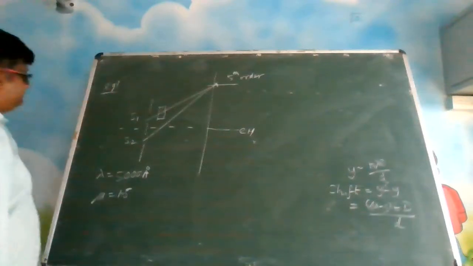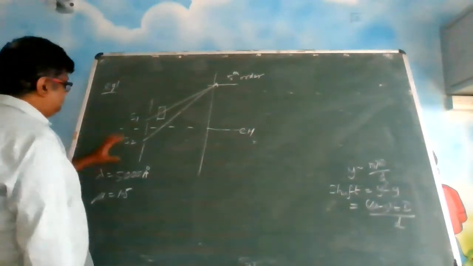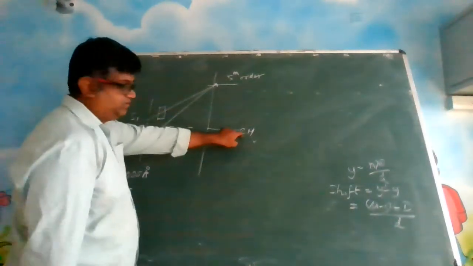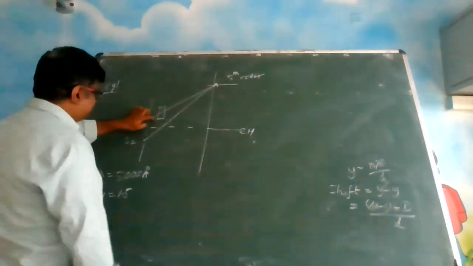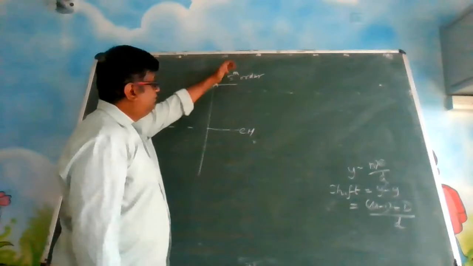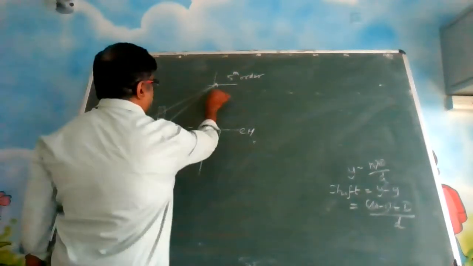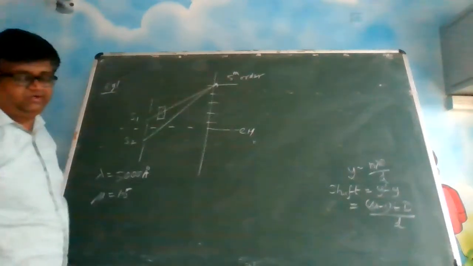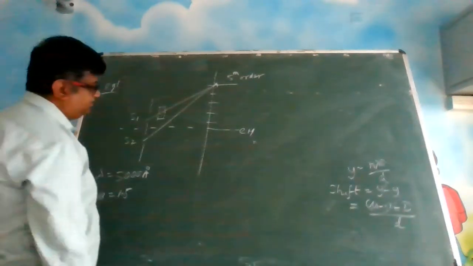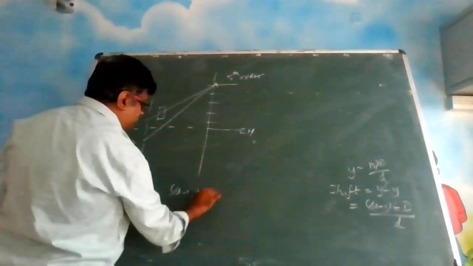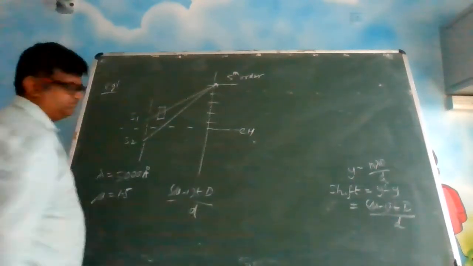So in this question, what is given is, originally this glass slab was not there, then the central maximum was at the center only. But when the glass slab came, it shifted to the fifth order. So this was your 1, 2, 3, 4, fifth order, it shifted. So what is the shift here? Shift is (mu minus 1) t D by d.